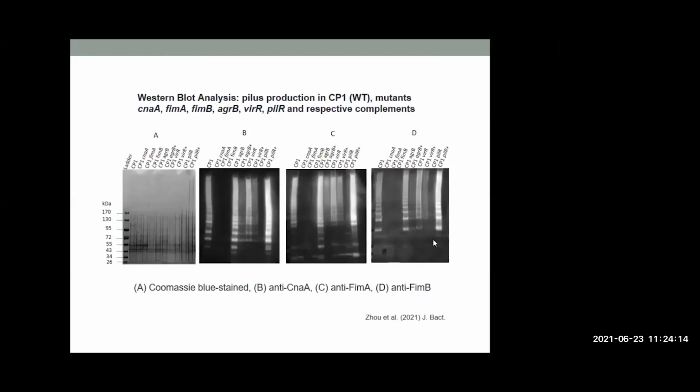So it appears that PilR positively regulates the production of pilin proteins. However, the quorum-sensing system negatively regulates the production of the pilin proteins. So there's another question people can ask: would the Agr system be regulated by something else? So then we need to check the function. To confirm the function,